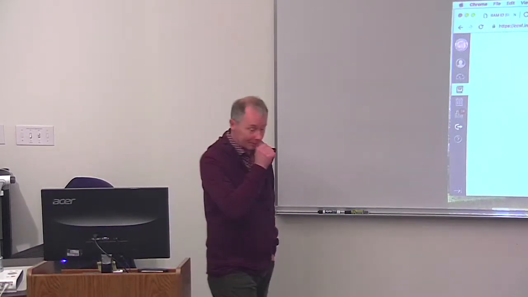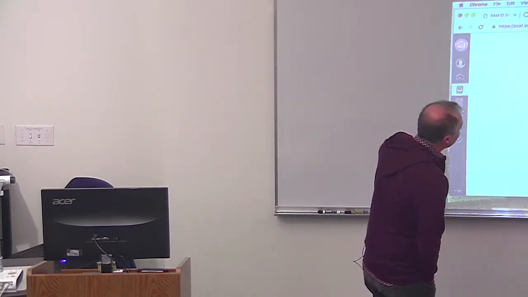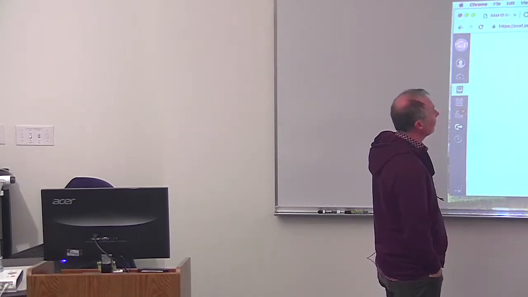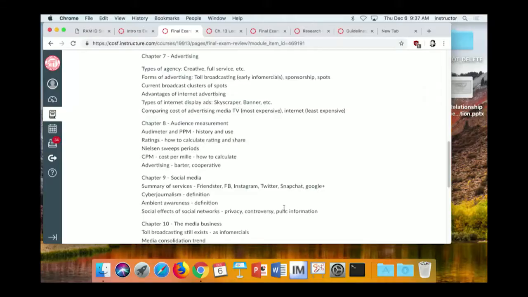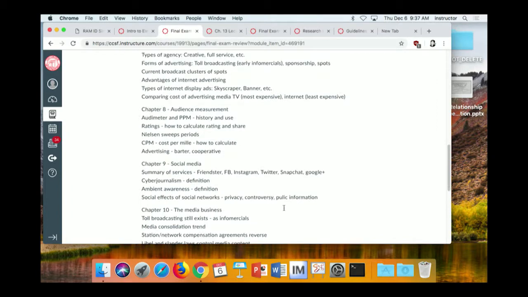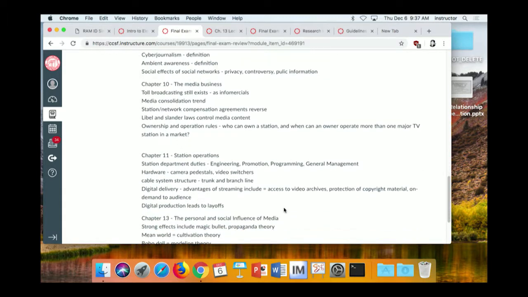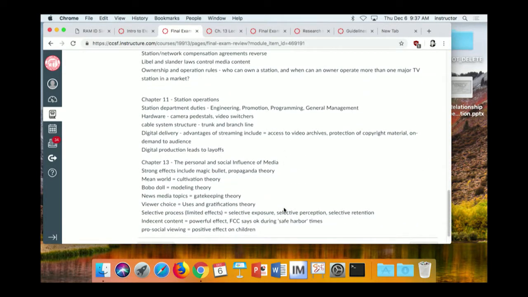And then there is a list of topics, which if you want to also review through the textbook, this is sort of the topics addressed by each of the questions on the final exam. So you may want to run through those and see if you feel you've covered all of them. I'm just looking through chapter 13.